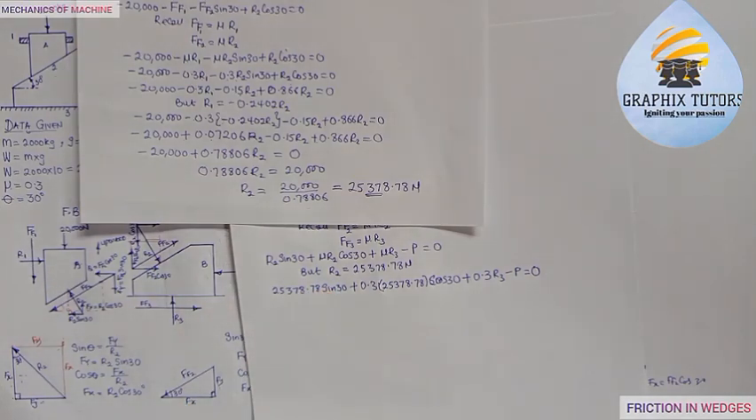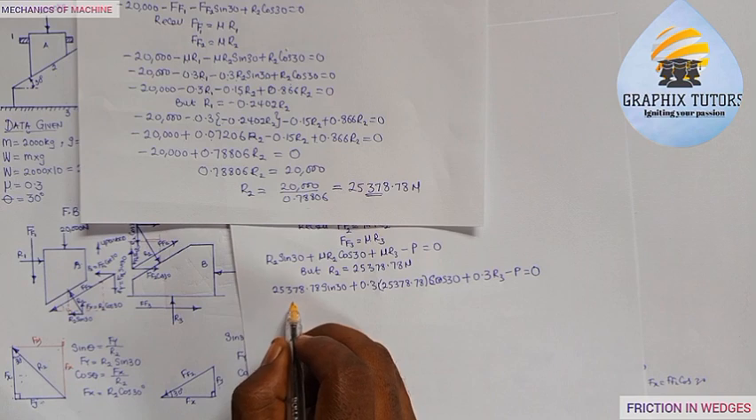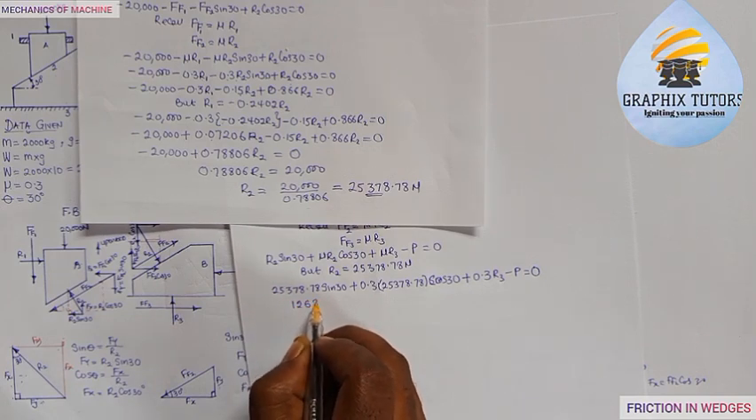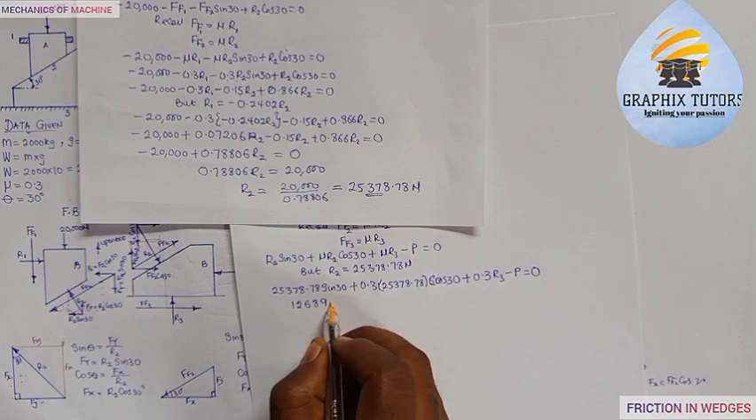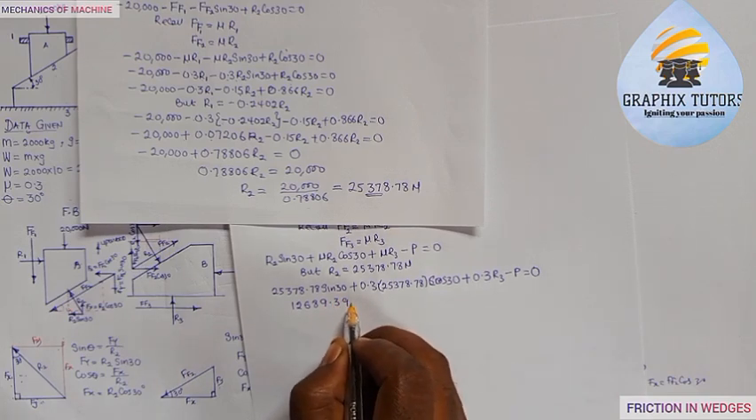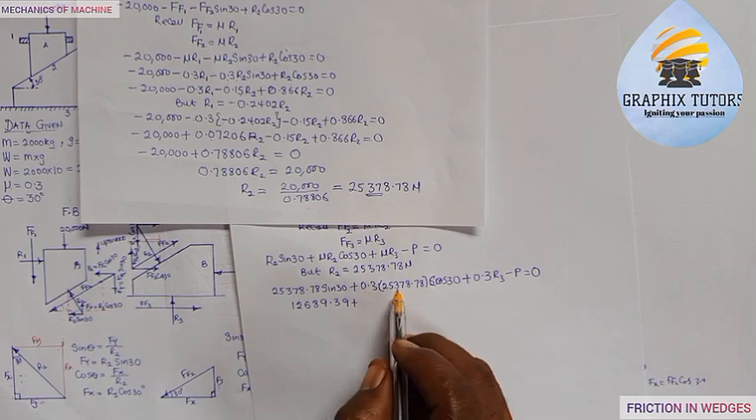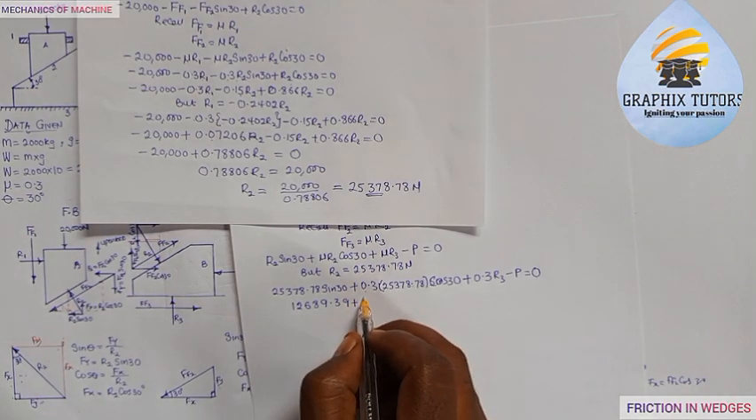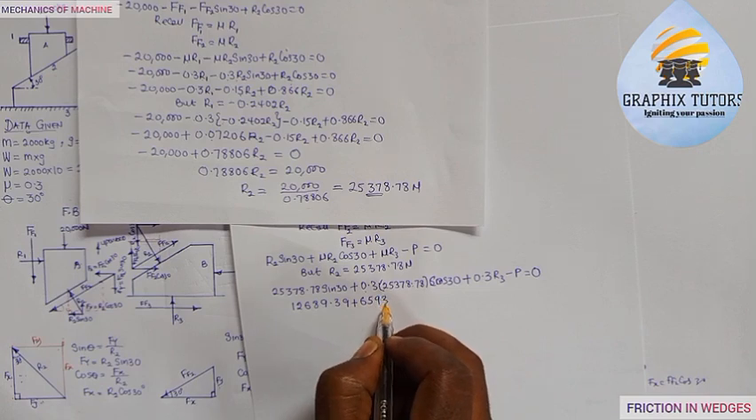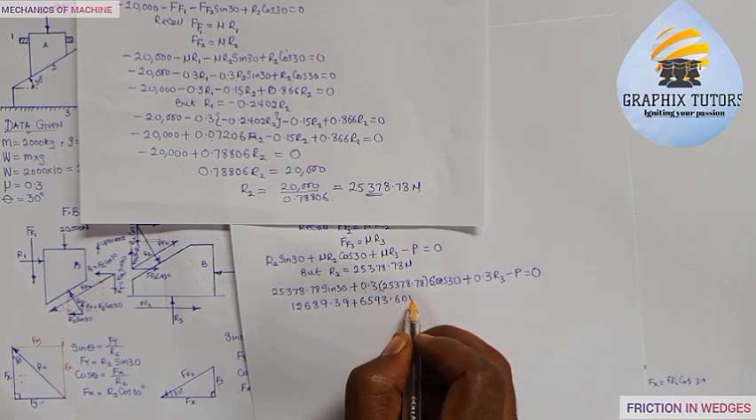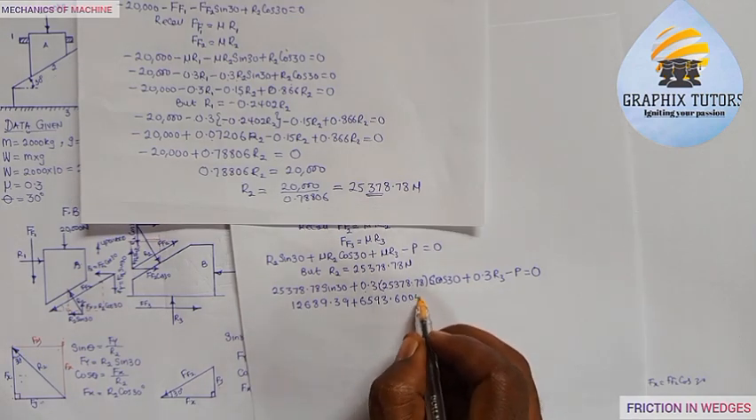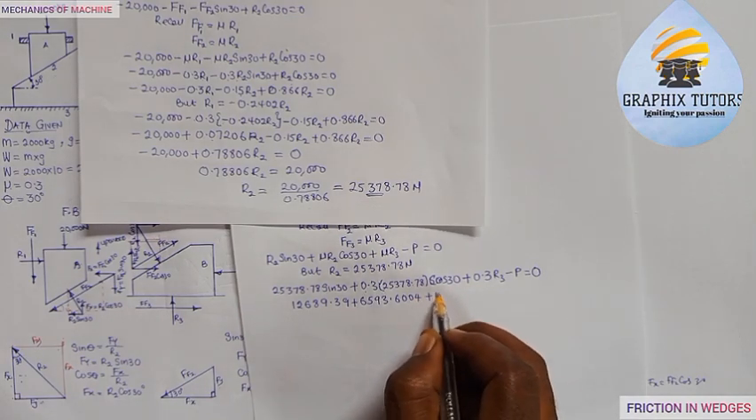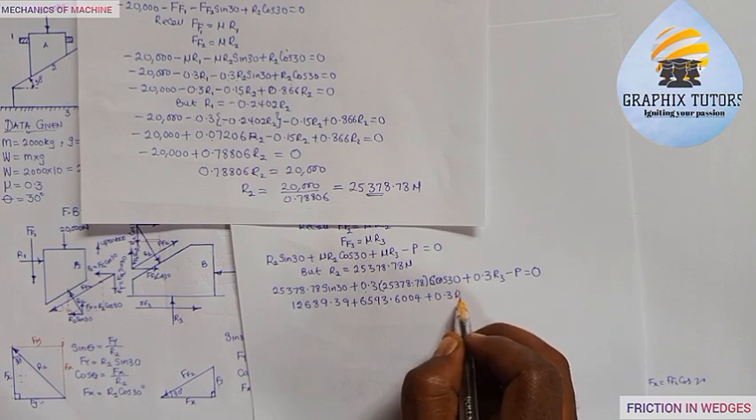25378.78 times sine 30 will be 12689.39, plus 0.3 times 25378.78 cos 30. We have 6593.6004, plus 0.3 R3